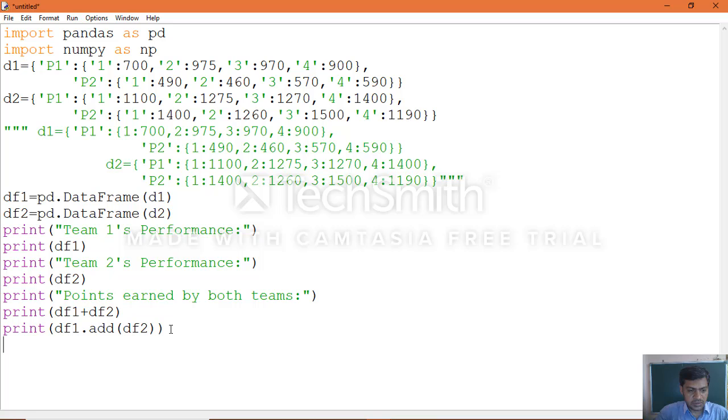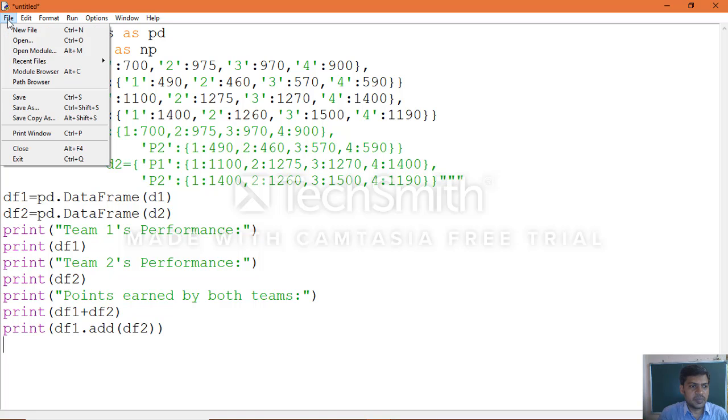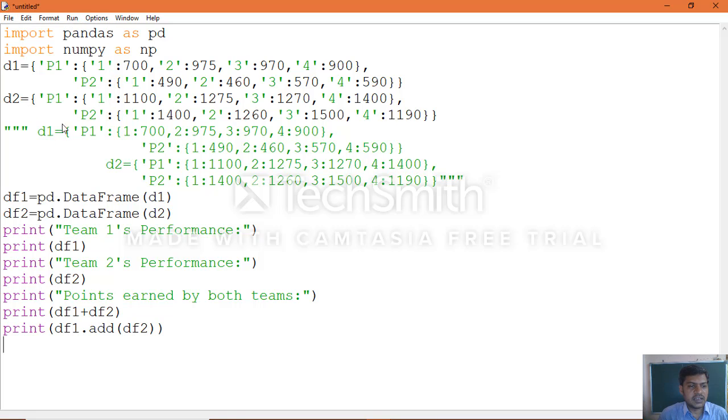Then reverse addition also in the same manner. Just save the application. Once you complete, click save as.